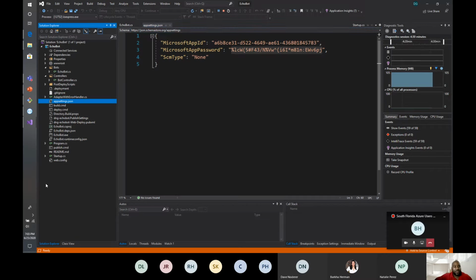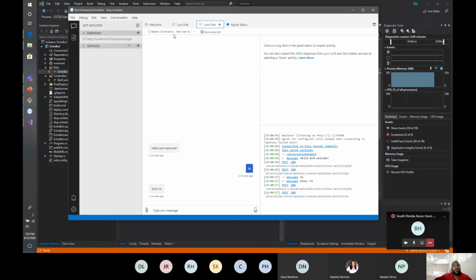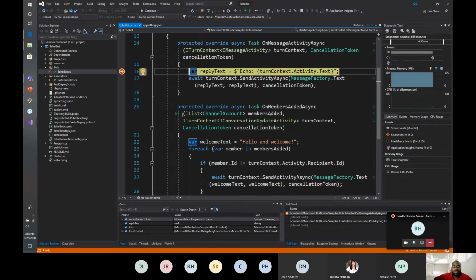All right, so with that, now that we have something that we can really sink our teeth into as far as what's happening, I'm going to go ahead and set a breakpoint in my code and show you what you are playing with here. So I'm going to set a breakpoint in my onMessageActivityAsync, and we'll come back over to our bot emulator, and I'll type in another command. I'll just say command. And notice here, it hits my breakpoint in my code that's running locally, and you can see that the turn context is set. You can see the data that came in was command, and